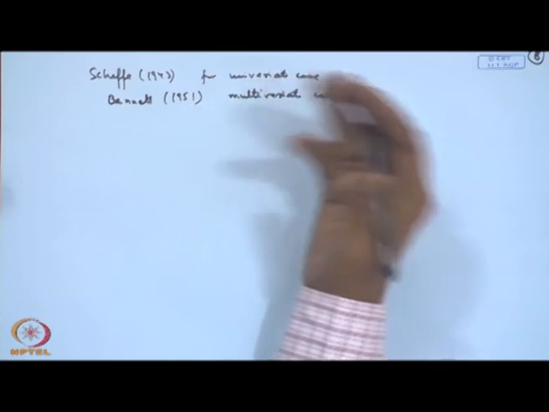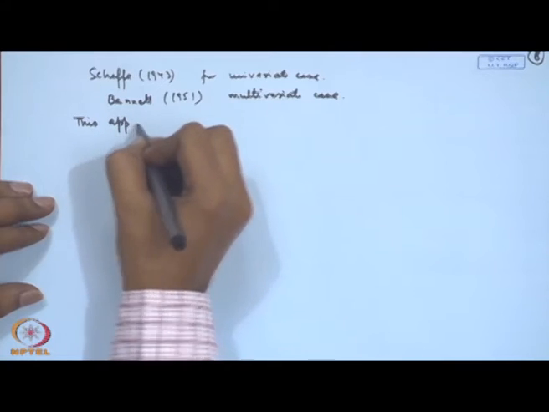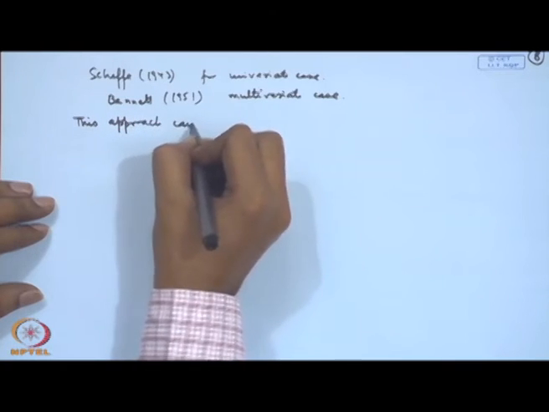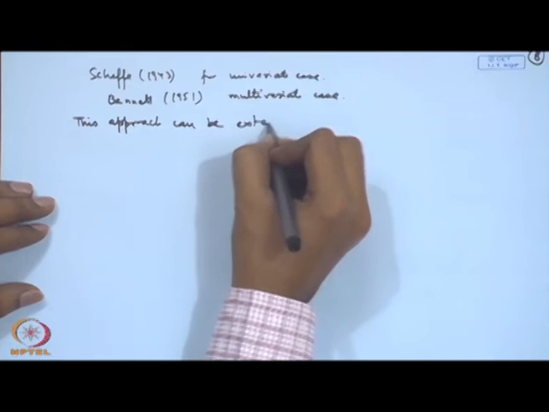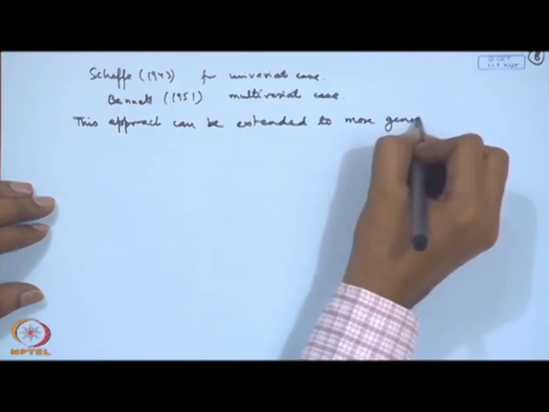Now, one can actually consider it for several populations also when we are considering the linear combinations. So, what you will have to do? You have to consider the minimum sample size of all the observations, and based on that you can construct the statistics. Let me just demonstrate that thing here. This approach can be extended to more general cases.